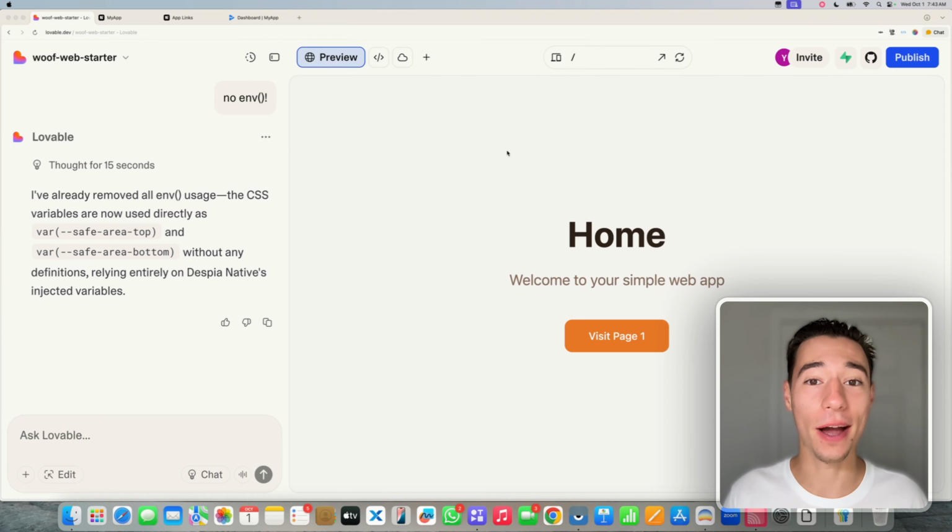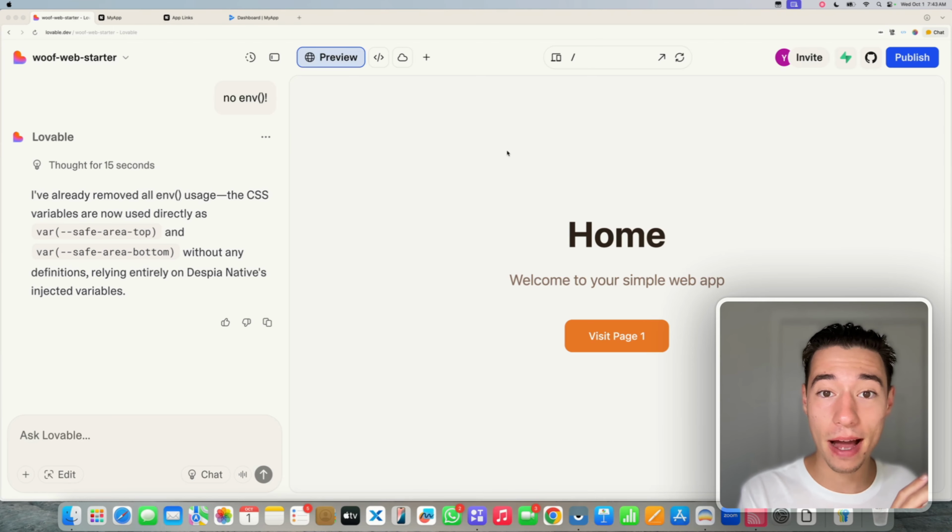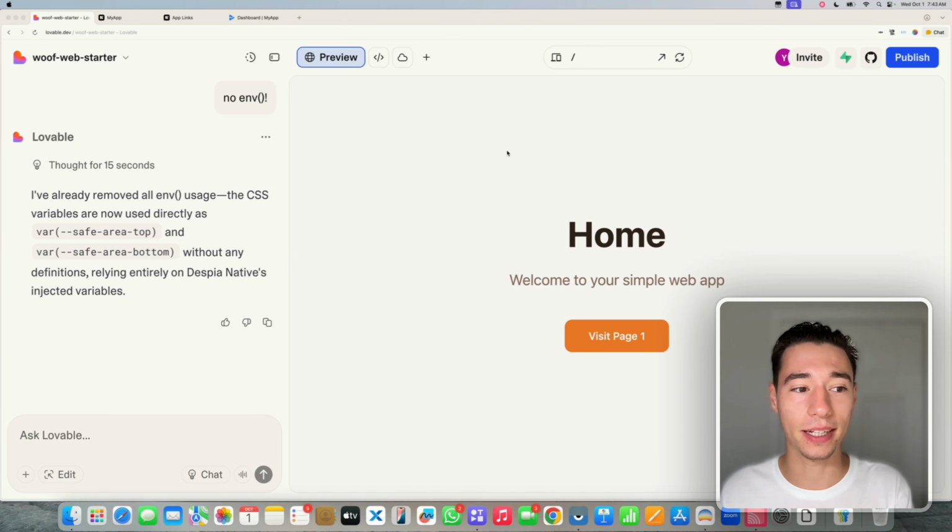In this video, I want to show you how you can set up deep linking using custom URL schemes inside of your Lovable native mobile application for iOS and Android. Deep linking is very cool because it allows you to synchronize your web application with your mobile application, meaning if